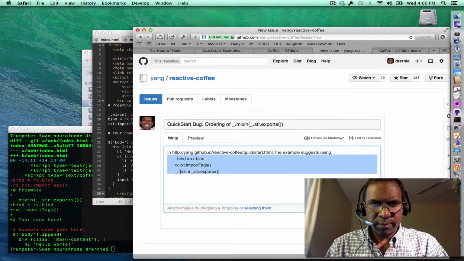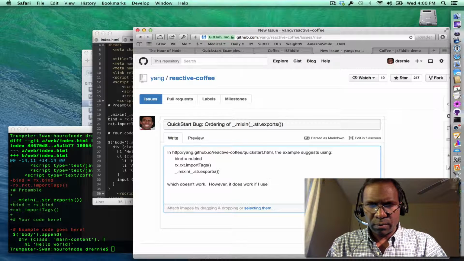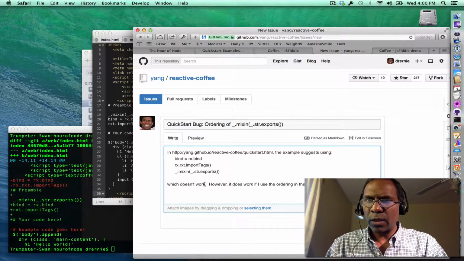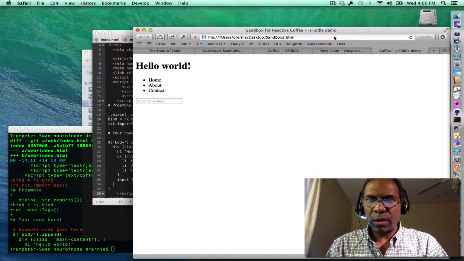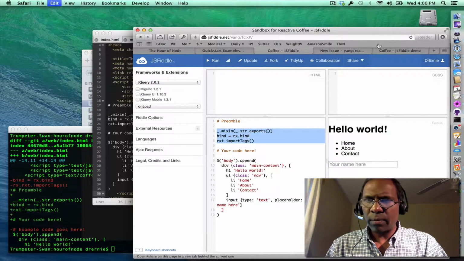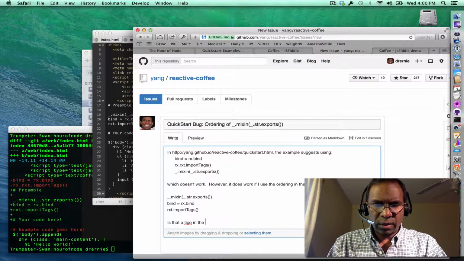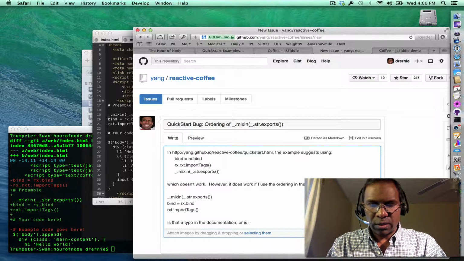Using this. So I'll grab this thing here that does work. Typo in the documentation or